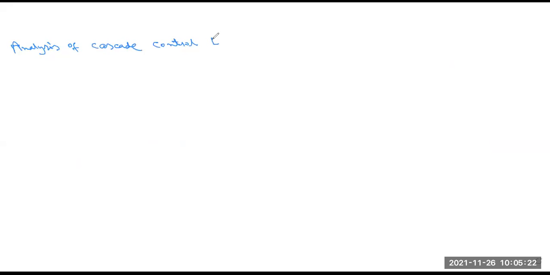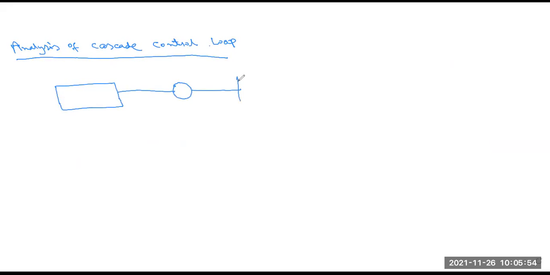Cascade control loop. We have to know about loops, that means open loop and closed loop. The cascade control system also works in the open loop criterion. Just see the diagram. These are the open loop connections. This is one process, and this is one summing point we attach. Then another process or plant, and another summing point, and so on. Then the output comes from here.